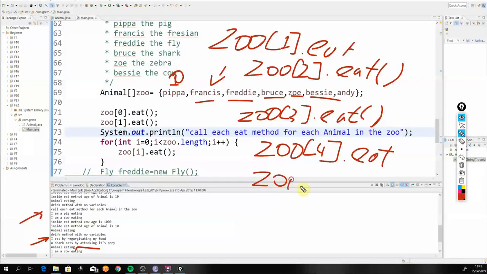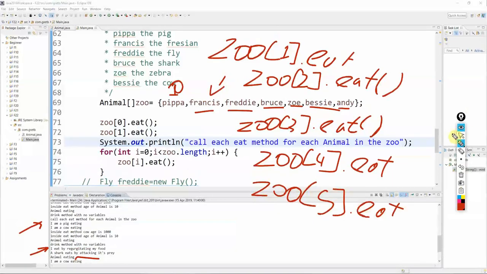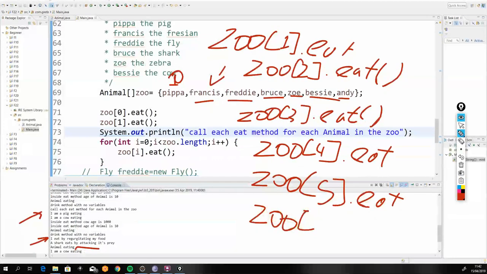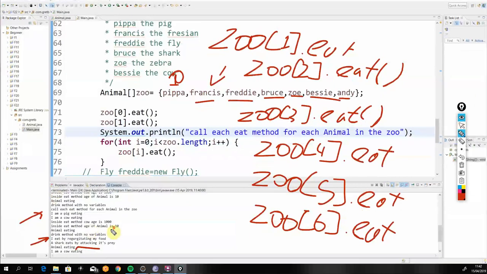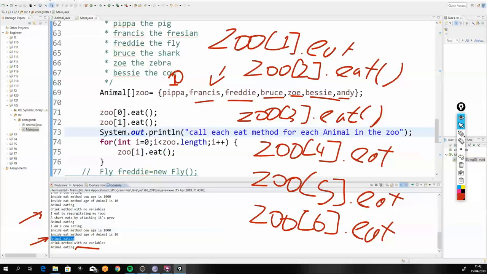Bessa, which is zoo[5].eat. Okay, I am a cow eating. She has an eat method in its own class. Finally, Andy, that's an animal. That is zoo[6].eat. That is following animal eating. Okay, so what you have here is a way for a group of objects to do certain tasks